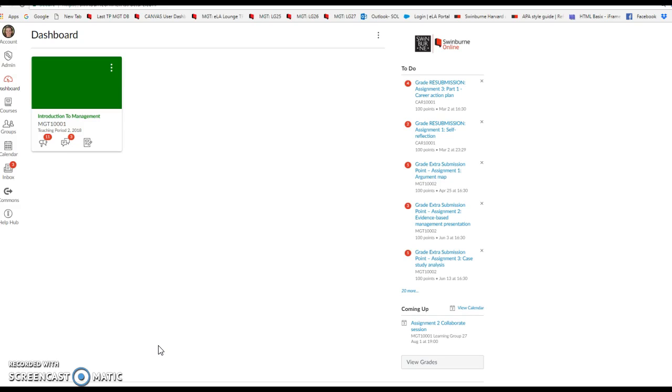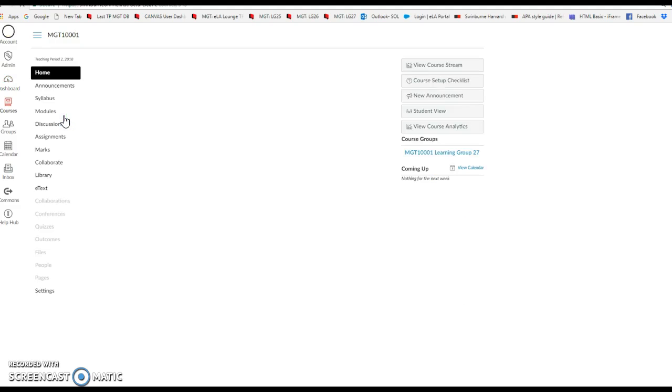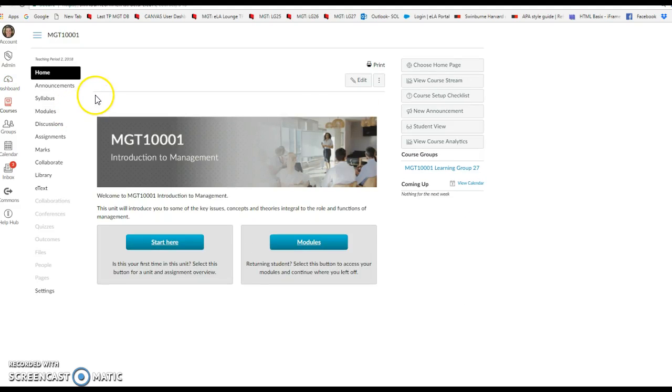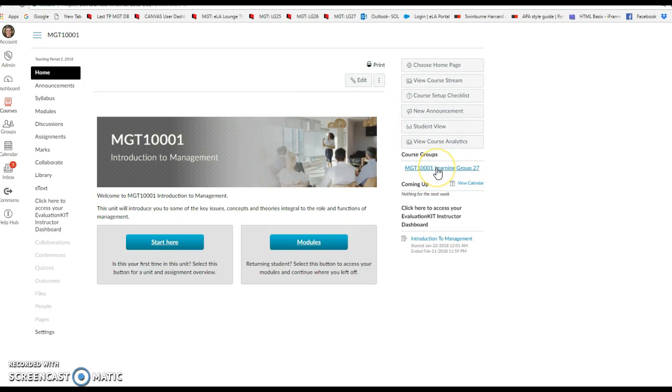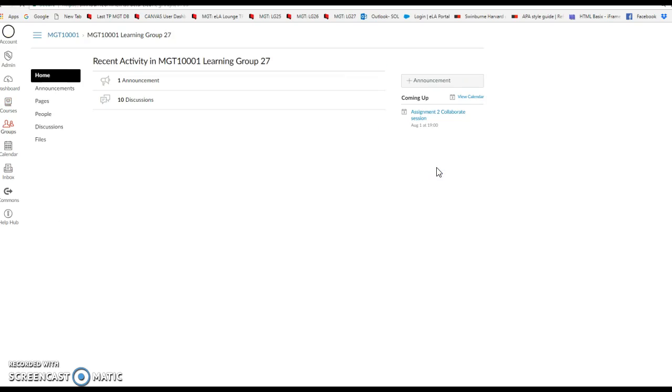It's a pretty simple process, but you just need to know where to go. So what you need to do is go into the unit that the group assignment's in, and then head over to the learning group level. Yours will look a little bit different to mine, but you need to access the learning group for the group that you're in. And then instead of going to the discussion page, which is where you would normally go to access the group discussions for our learning group, you need to go into the pages section,